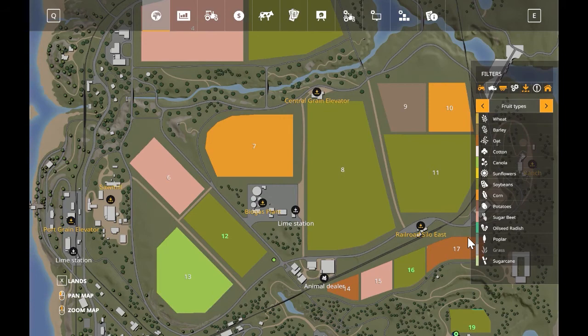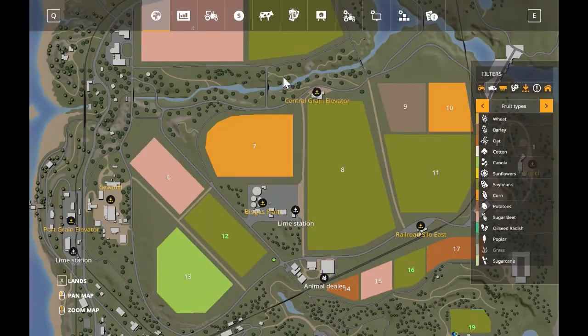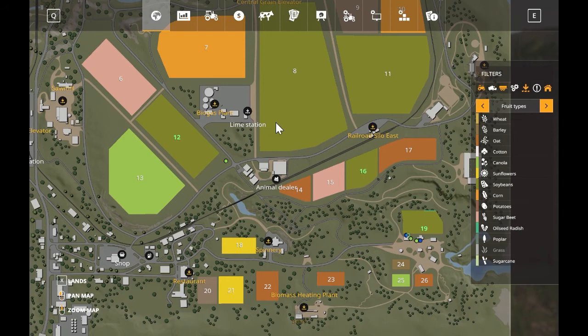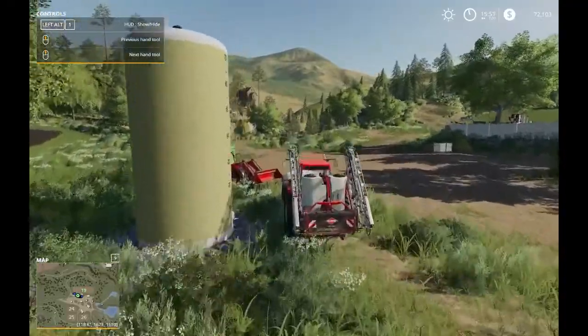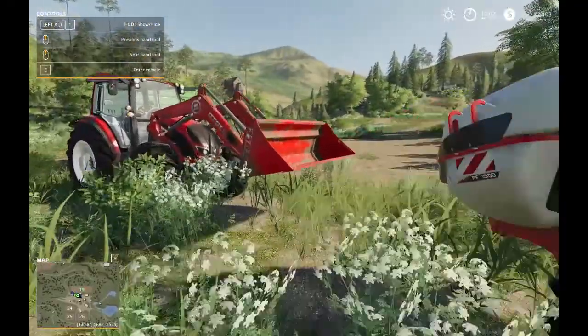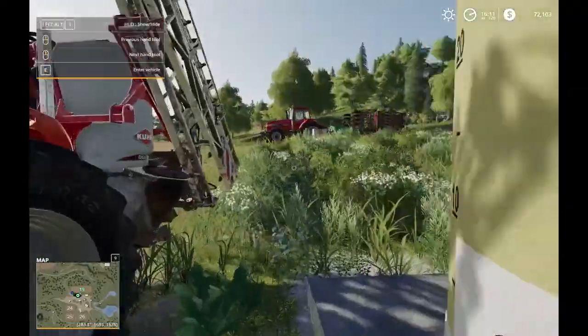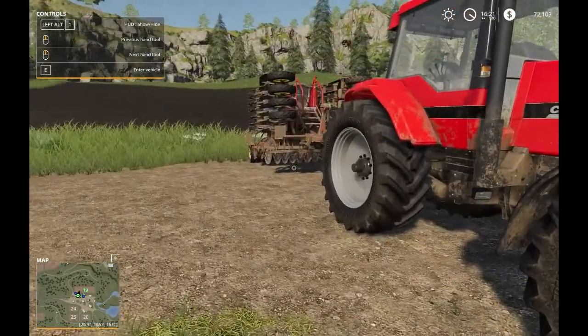Where are we at in terms of, where's our money? 72,000. What do we need? Probably, did we get a sprayer? We got a sprayer upgrade already. We kind of just need the combine, right? And I think that's where we're at. I got, let me see. Yeah, I kind of decided that